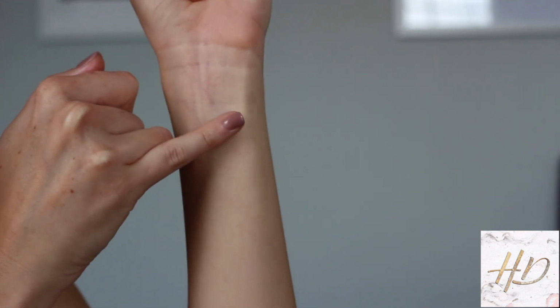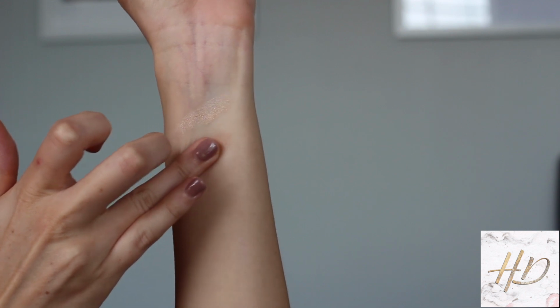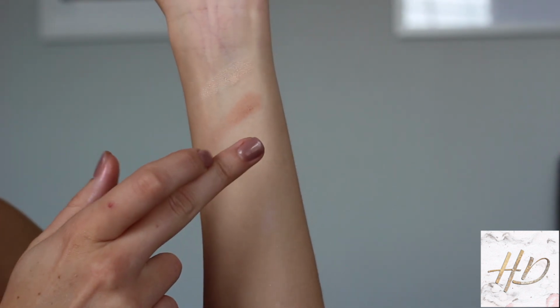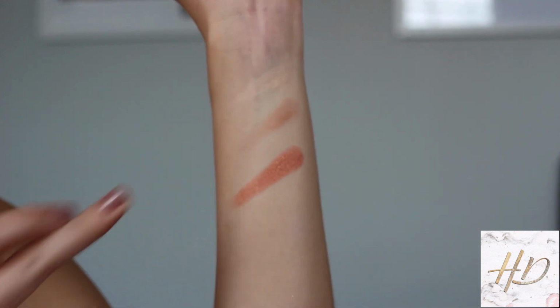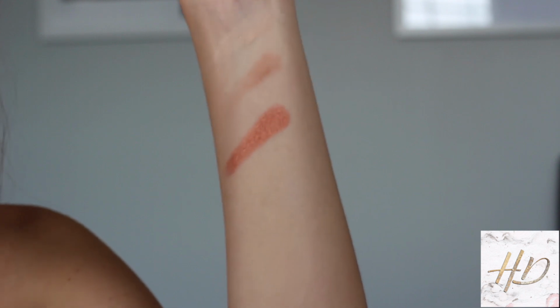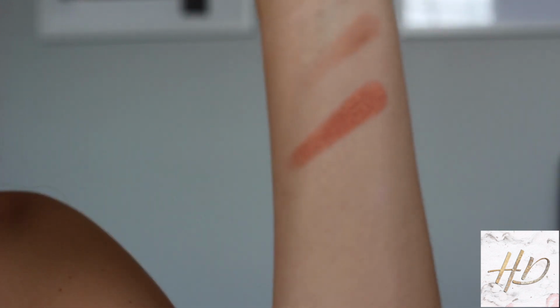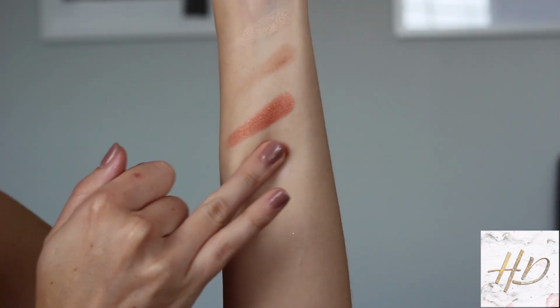Here's the shade White Hot. Here's the shade Baked. Here's this beautiful bronzy shade called Lit. Oh my gosh, do you guys see that? I don't know if it's picking up on all the pigment in that, but I'm just obsessed with that Lit color. And then here is the shade Blaze,